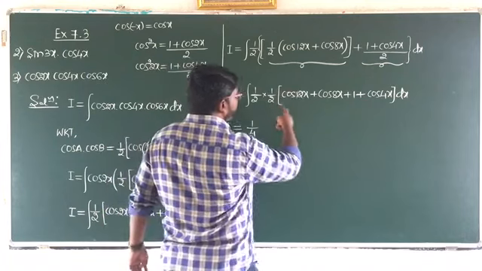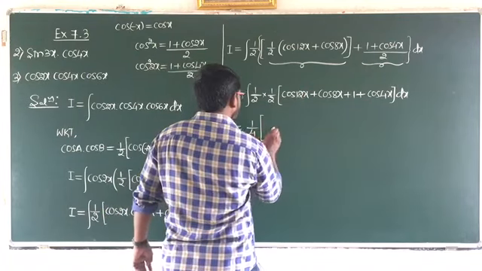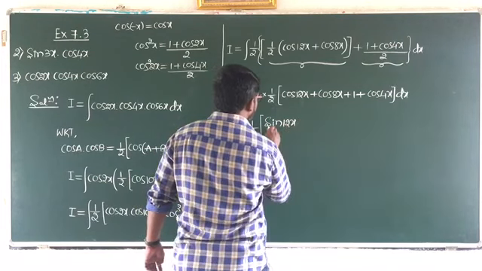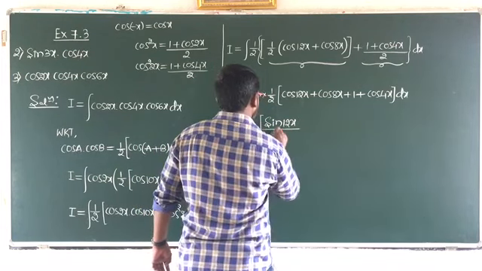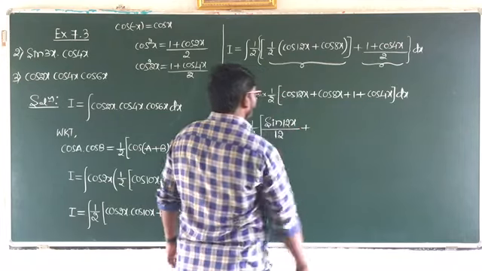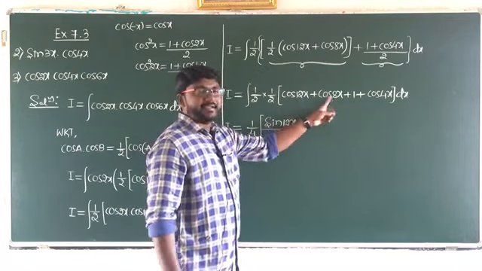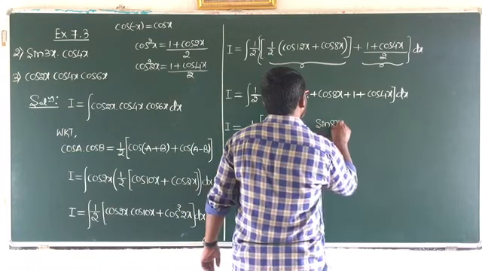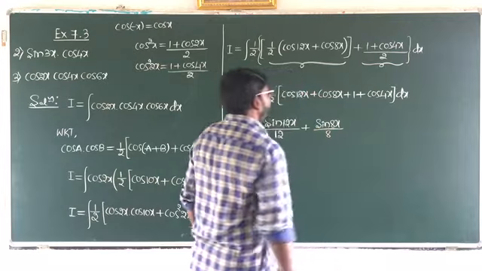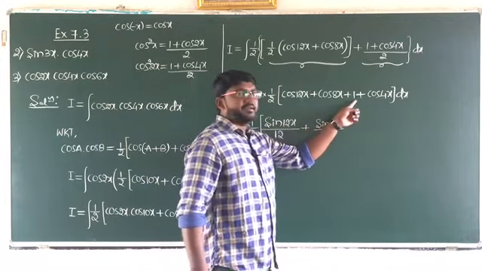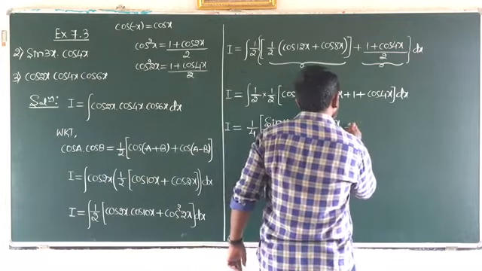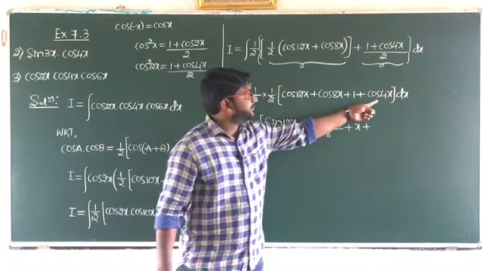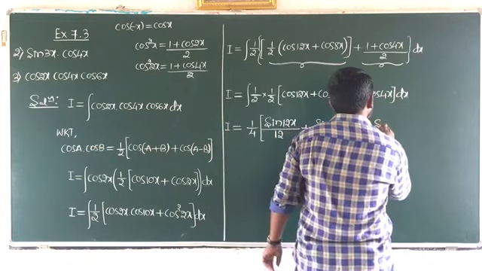We have to integrate all the 4 terms separately. What is the integration of cos 12x? It is sin 12x divided by 12 plus, and then cos 8x. So that is nothing but sin 8x divided by 8, and then what is the integration of 1 here? It is x plus, now we have cos 4x. What is the integration of cos 4x? Sin 4x